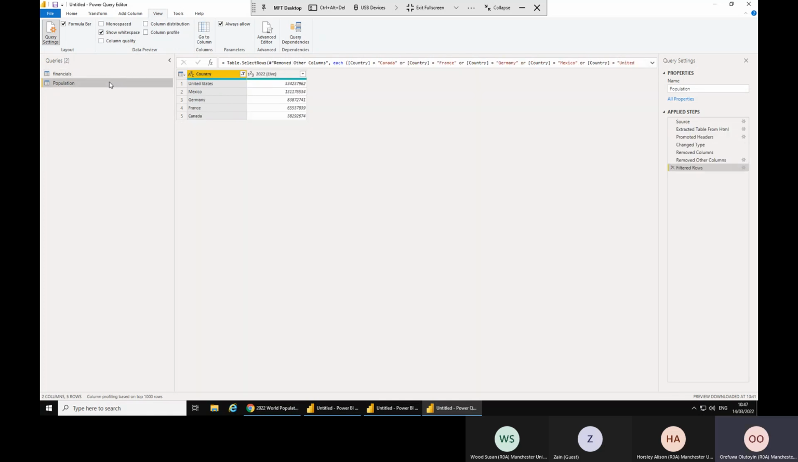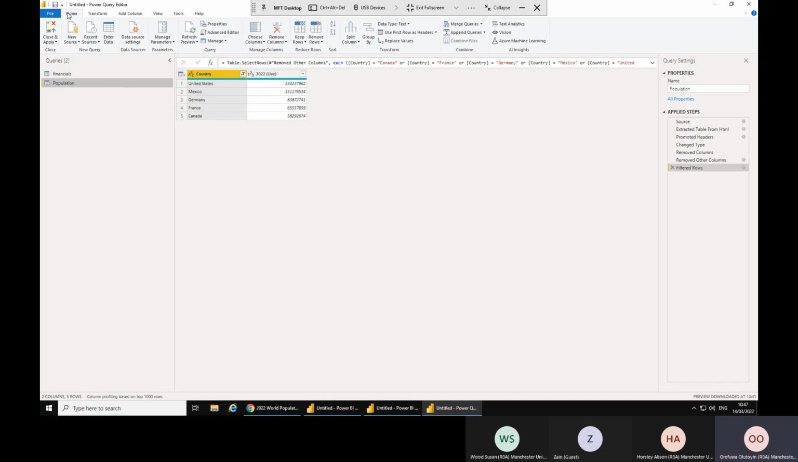We need to now merge, if you're coming from a SQL perspective, how do we merge, how do we create a relationship between these two tables? Because right now they are separate tables. If we go back home, close and apply,